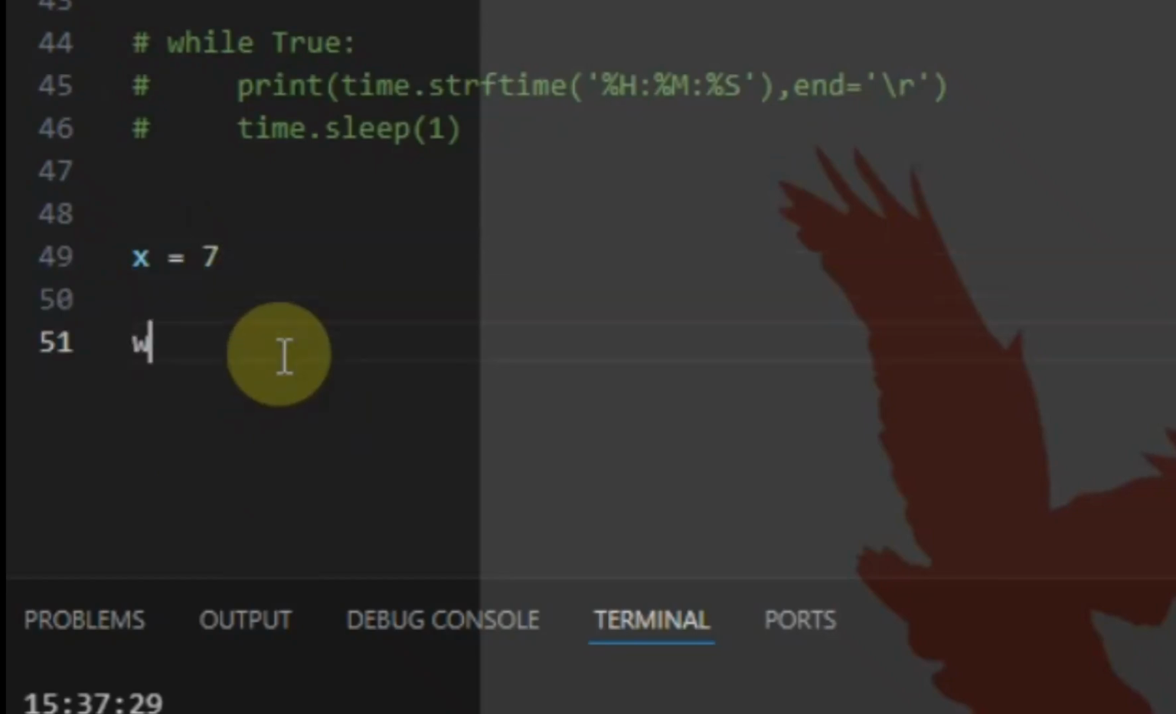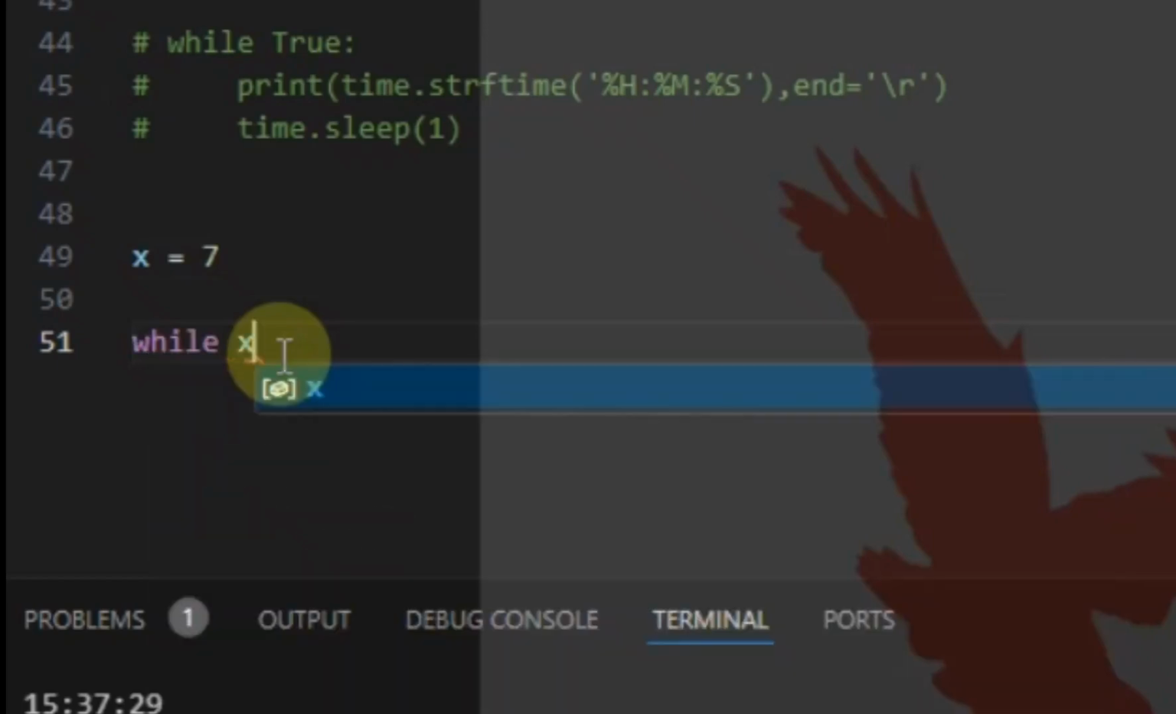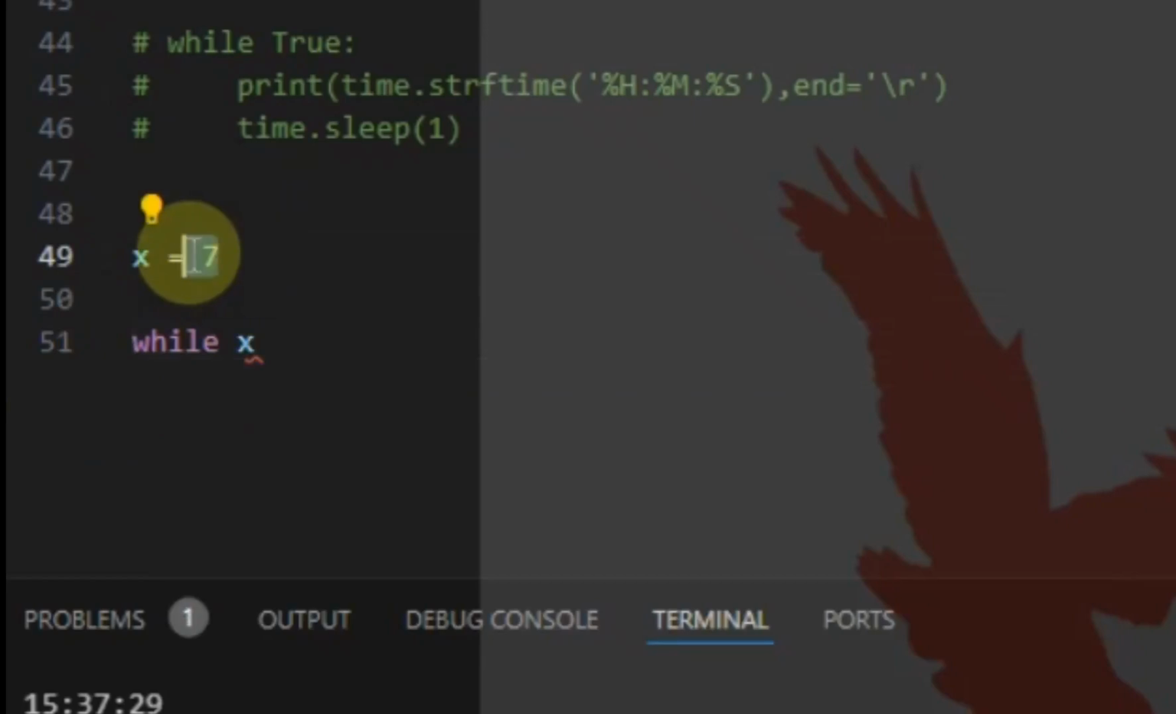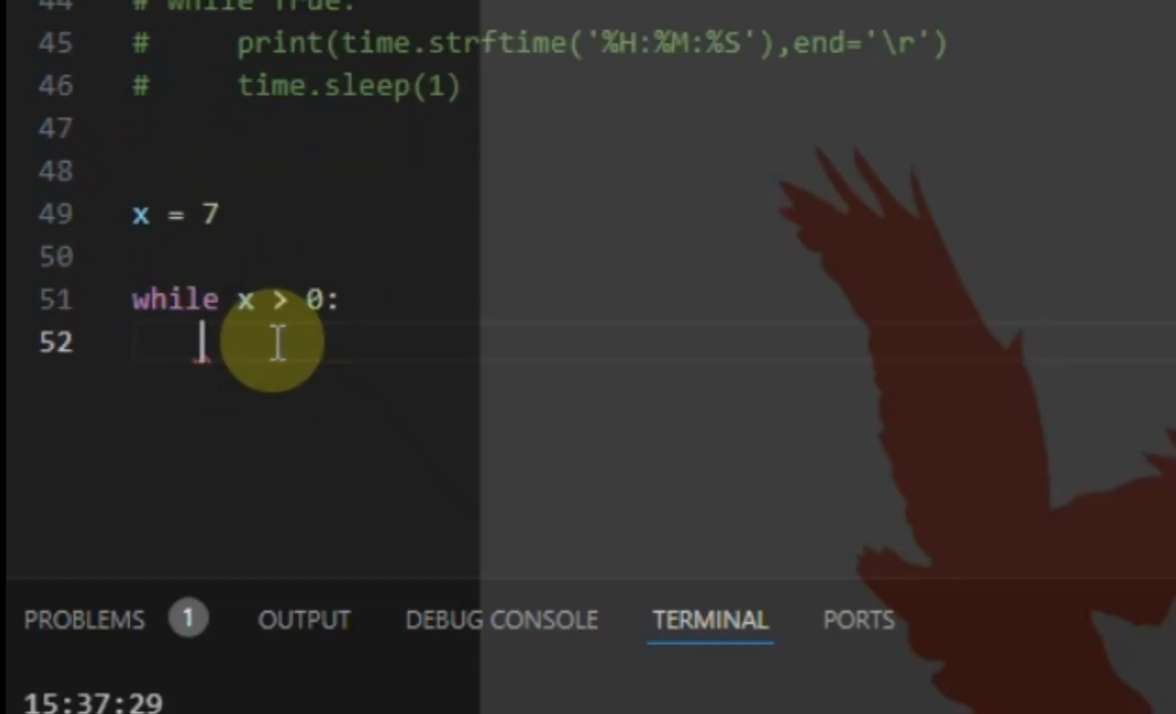So I'll start what we're doing. We're going to make use of a while loop. We want this thing to keep running till x turns to 0. We're going to keep on reducing the value of x, so let's say while x is greater than 0. So let's print